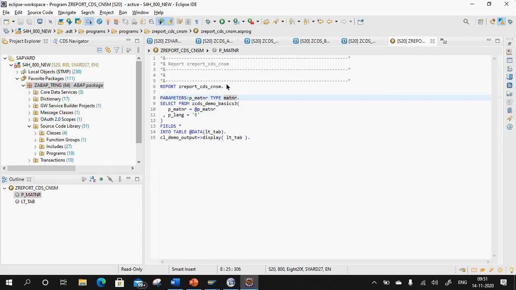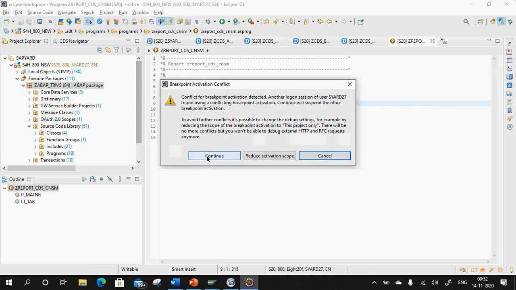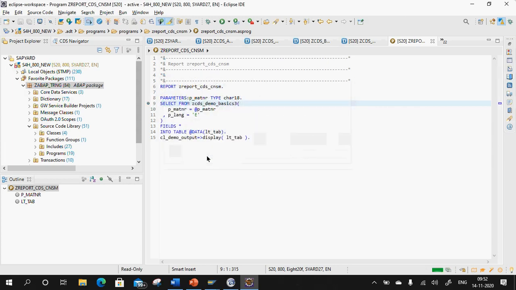Now suppose if I had just given char 18, okay? Guys, if I had given parameters p_matnr type char18, I'll execute the same. I'll put a breakpoint here.